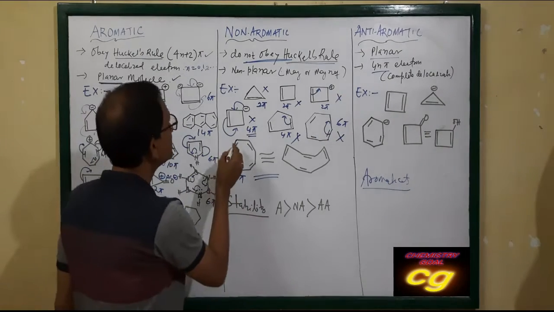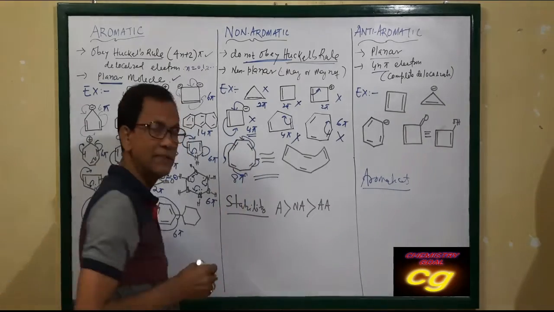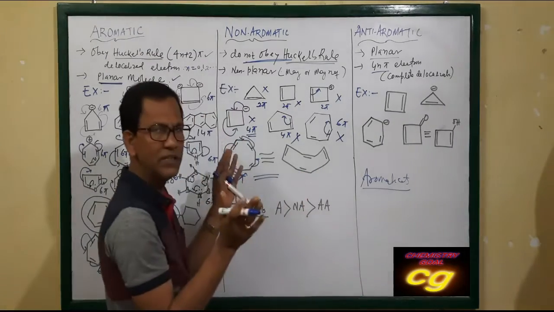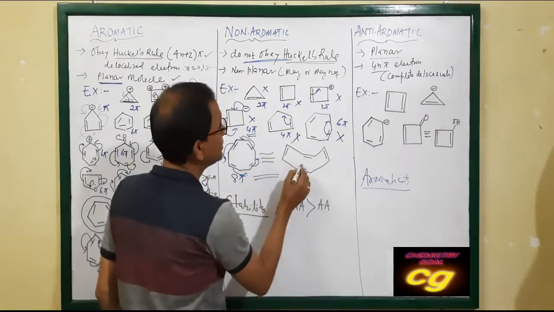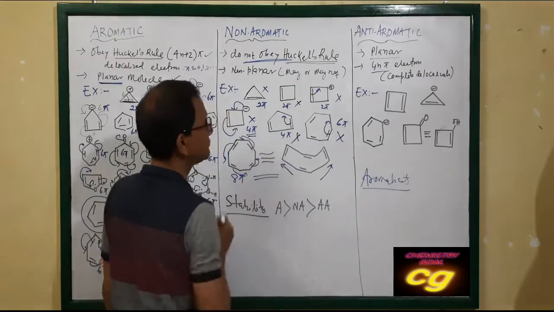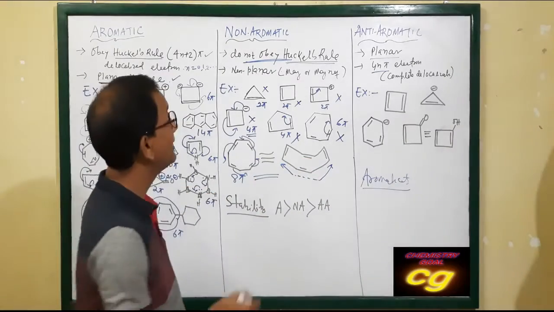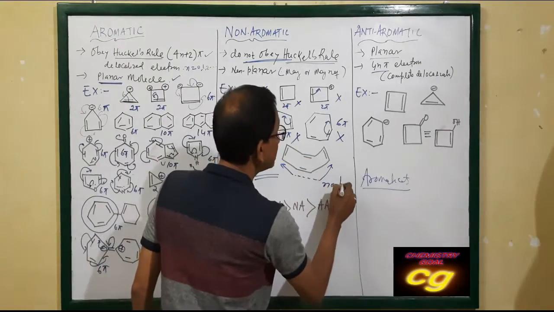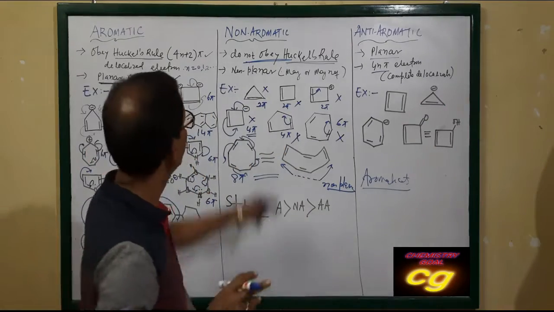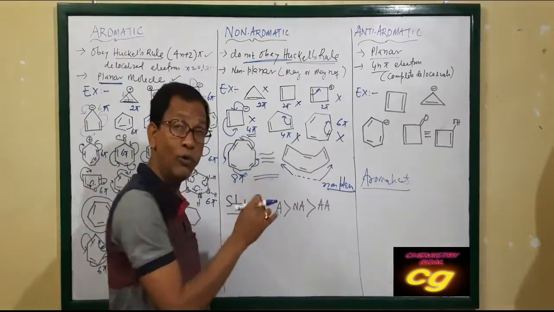electrons. Delocalization is there, if you see, it looks like this. But if you see the actual structure, in the 3D concept, these two are in one plane, and these two are above the plane. This is in one plane, and these two are above the plane. That's why it is not planar. Non-planar. Non-planar means non-aromatic.